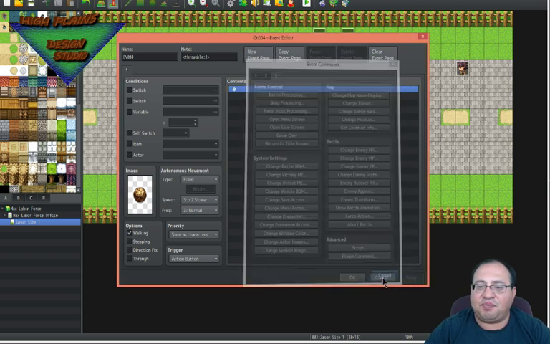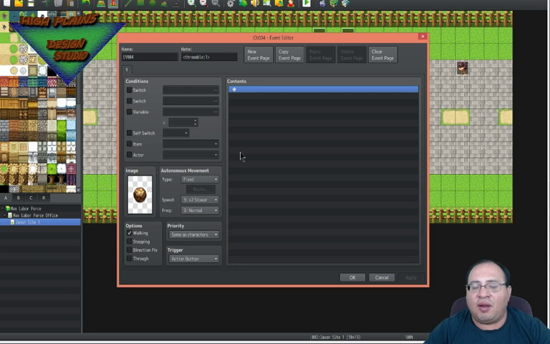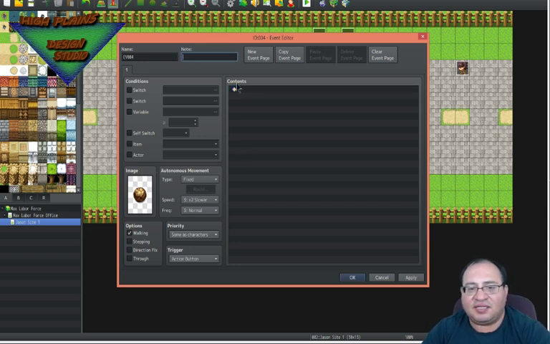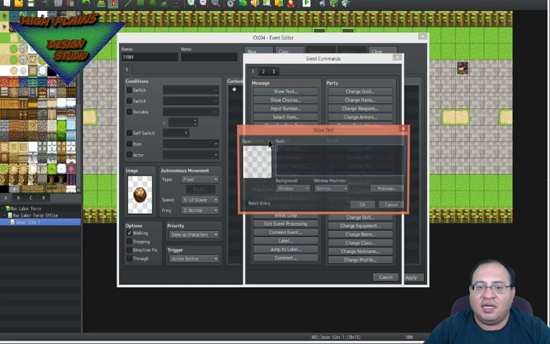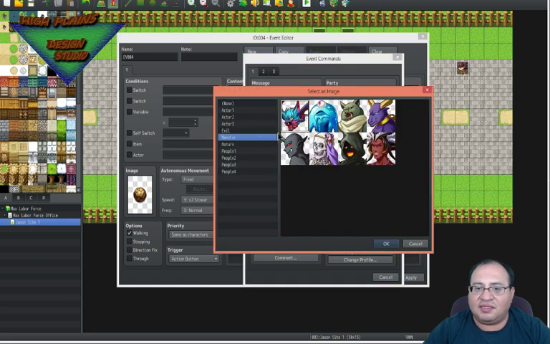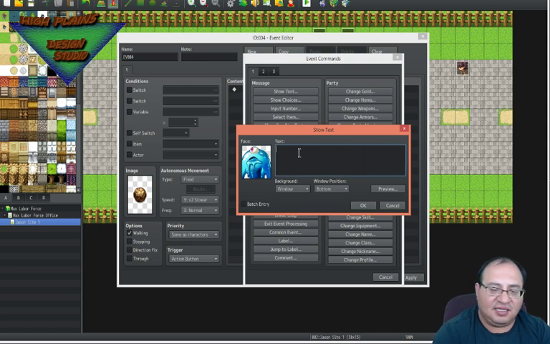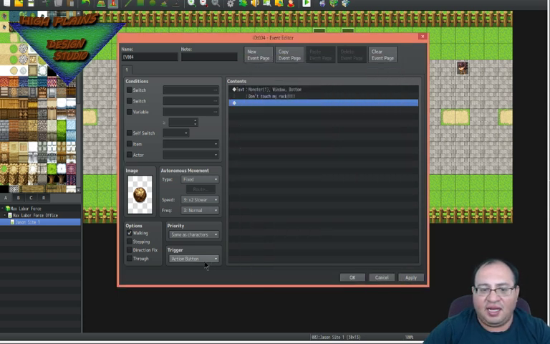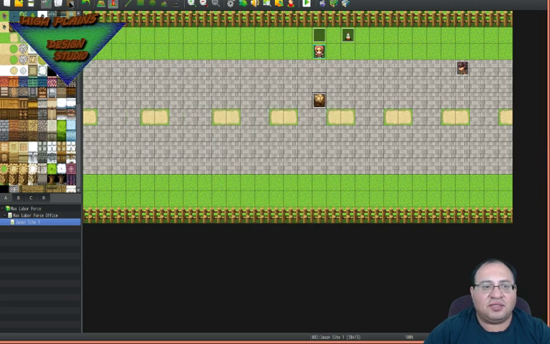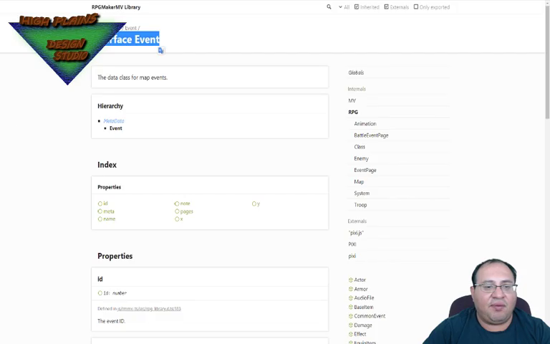So I can make this rock throwable when I want to, or I could make this rock, let's get rid of this throwable, and let's say that when I want to show this monster's face, the monster says, "Don't touch my rock." And he's just going to yell at you. So this is part of it, and you're going to trigger with the action button, apply it, and let's press OK. You'll notice that I've got several events here, and they're outlined, and that's part of the MV. So now we save it, and when I play it,